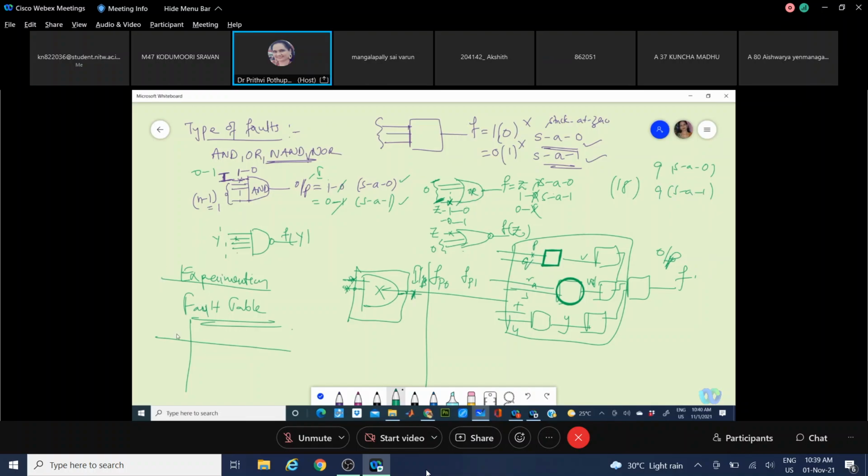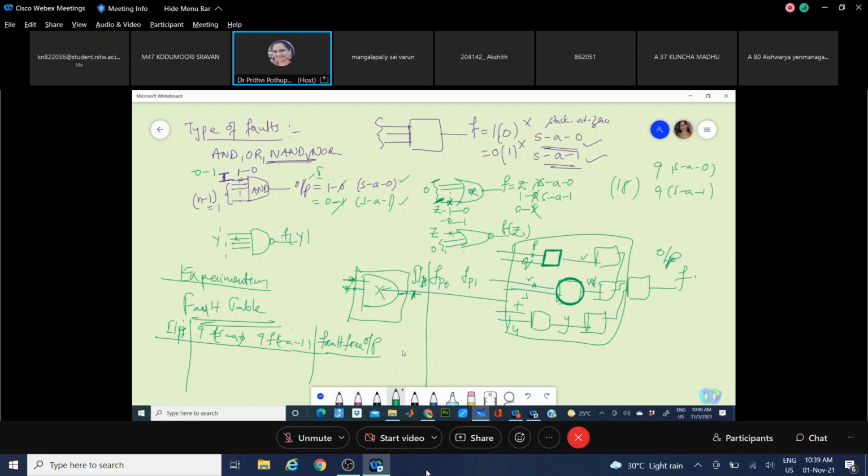So the data entry will be such that nine for stuck at 0 and nine for stuck at 1 will be recorded for all the input combinations that a circuit can be given. And this will be analyzed with the fault-free output.